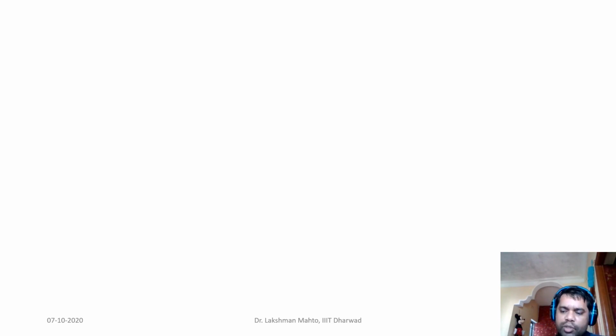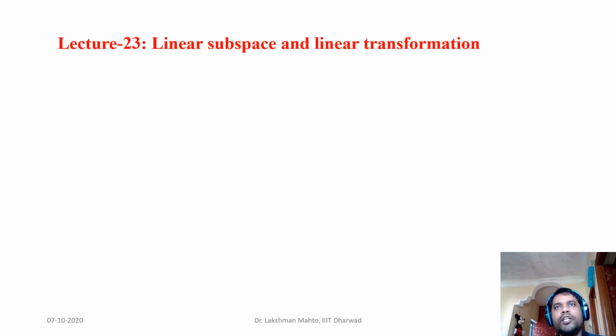Again, if you are going to measure a real-time data set, suppose it is height and weight, then definitely there would be a measurement issue. Height has a different unit and weight has a different unit, so you need to make things uniform. To make things uniform, you need to apply a scaling operator, which is one kind of linear transformation.